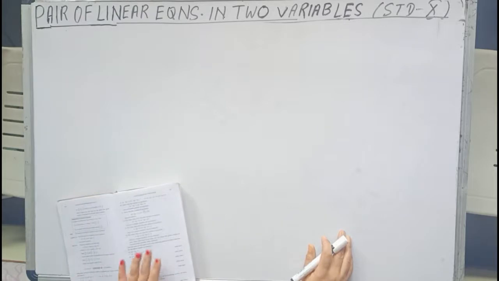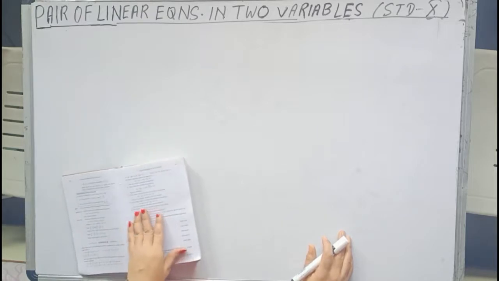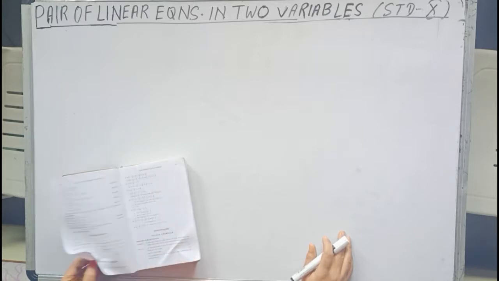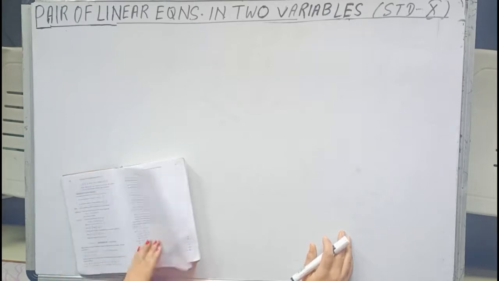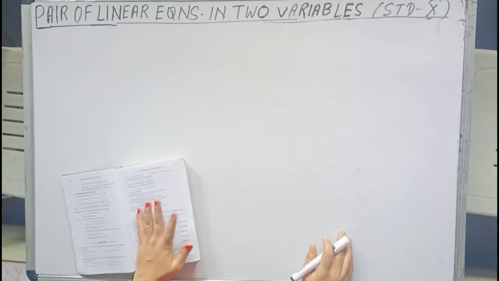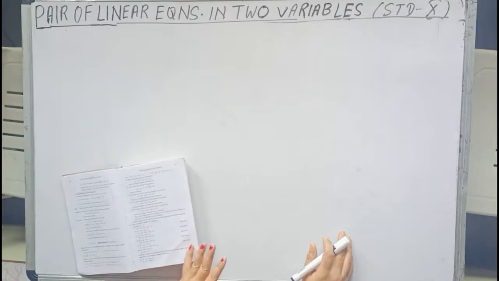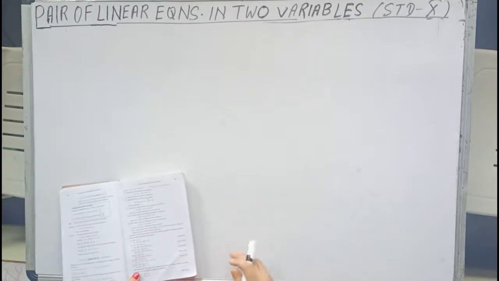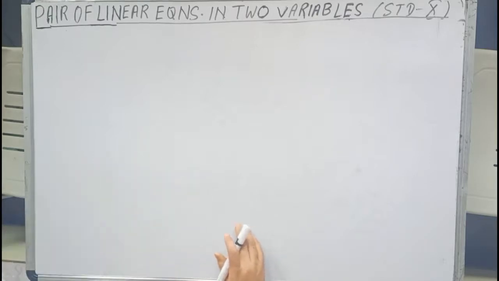Now children, from this exercise 3D, I have selected a few sums, that is exercise question number 14, 15, 19, 21, 30 and 31. These sums I will be doing over here. If I feel one or two more sums I will be doing, but extra to this, if you feel any doubt in any sum, you are free to ask through any of the platforms you have, that is through the WhatsApp, through this campus care, or through the YouTube. So let us start children.